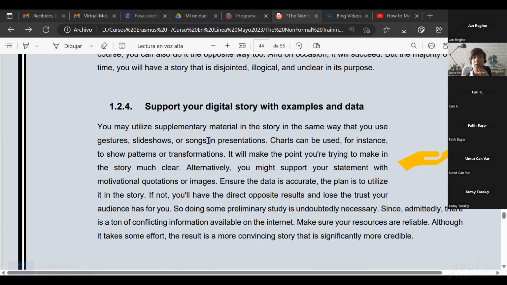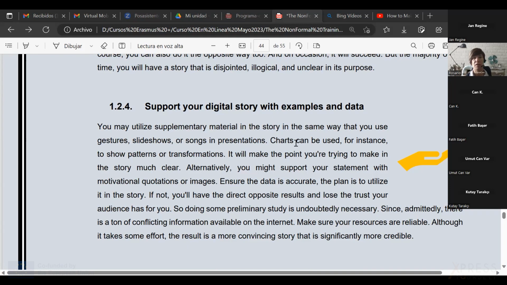It will depend on the type of music and if it has lyrics as well. It is not recommendable if you're going to speak at the same time, or it should be very low. Anyway, music changes mood. So depending on which atmosphere you want to create in your storytelling, you will have to choose one type of music or another. Think very well of that before you put music into your stories.